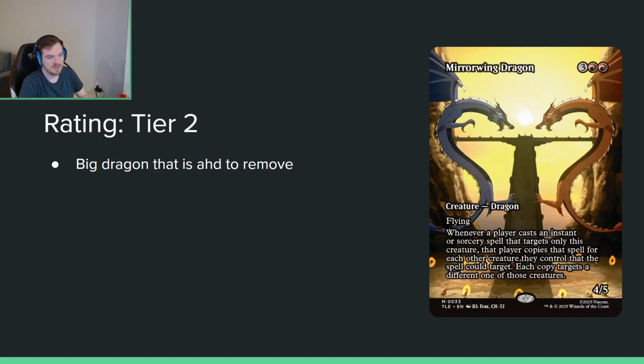Obviously, sometimes it's just the only creature on the board, and then it just dies. But a 5 mana 4/5 dragon is pretty good. It doesn't have haste or anything, but it's hard to remove. I should just put it in tier 1 because